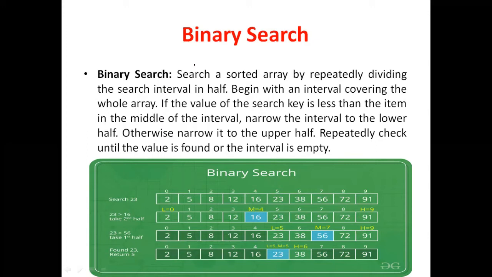Why will it take half of the time? Because in every interval, your array will get broken into two parts. Your array will get halved every time. Okay, so in case of binary search, you have to concentrate on three major pointers.